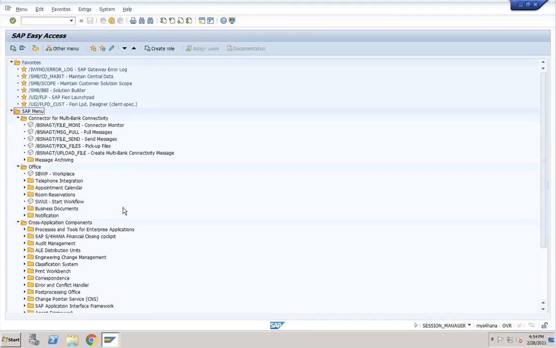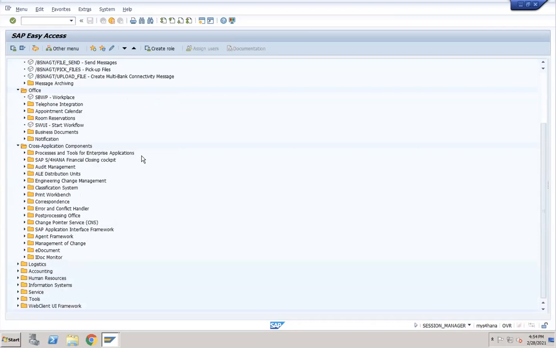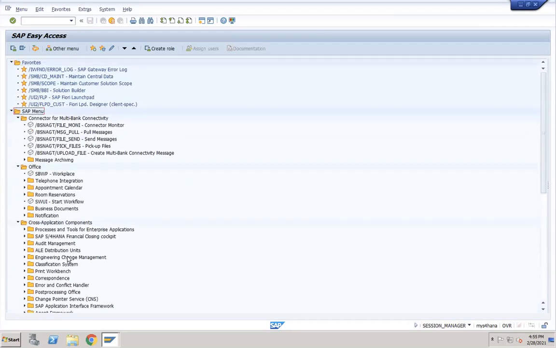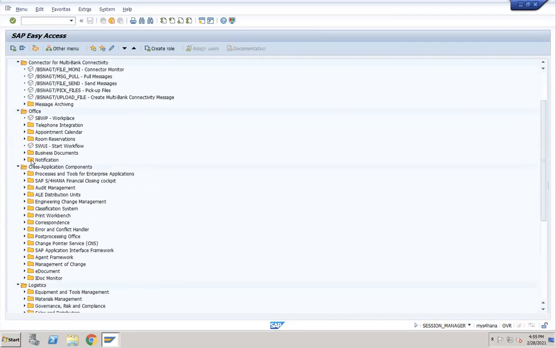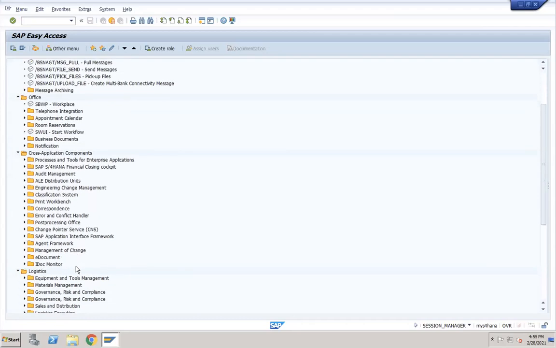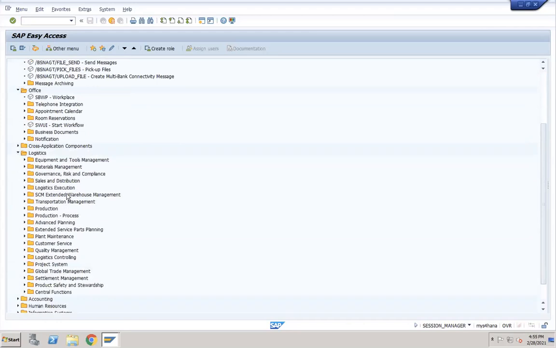Our end users, right? For example, your material management end user is there. Those people don't want all this. Directly they want logistics, right? In that, if they want to create a purchase order, the purchasing team is there. If they are doing inventory activities, they only want to perform those activities. They want only that screen.